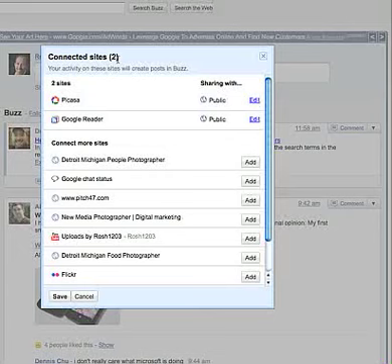Now let's take a look at this section. These are your connected sites. This is the stuff you're sharing. Now, as you can see here, I have Google Reader and Picasa. I did not put that in there. Google automatically did that. I don't mind Picasa. I don't have much up there. I pretty much use Flickr. But the Google Reader, I found out the hard way that it was sharing everything that I liked in my Buzz, and I didn't give it permission to do that. So you need to really go through and make things public or private and really take control of it, because Google will add stuff whether you like it or not.